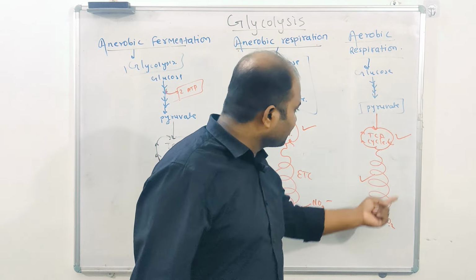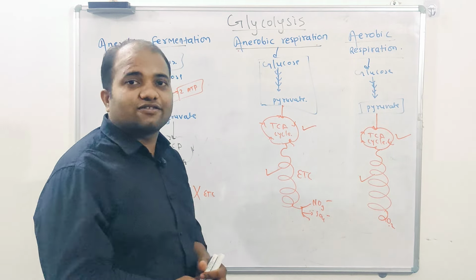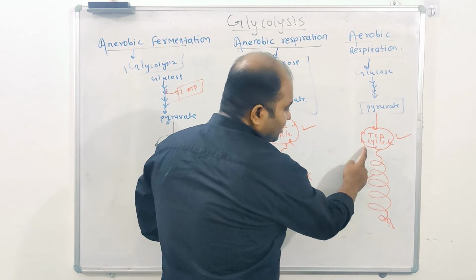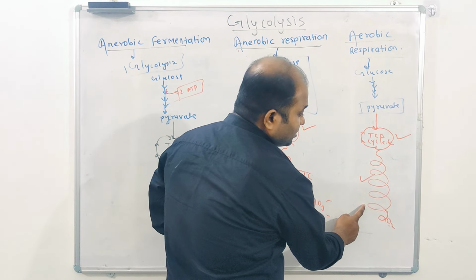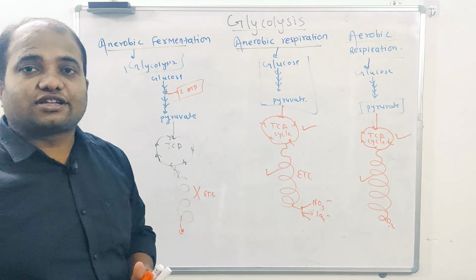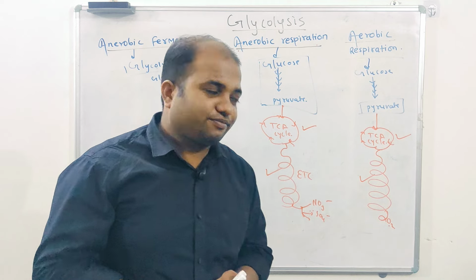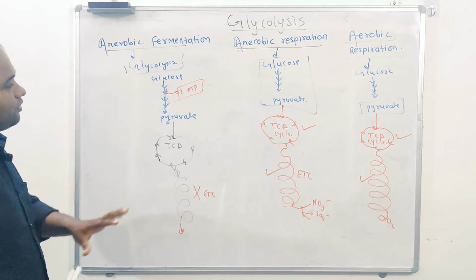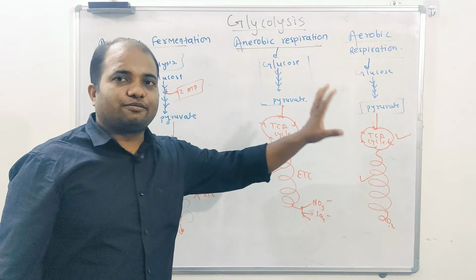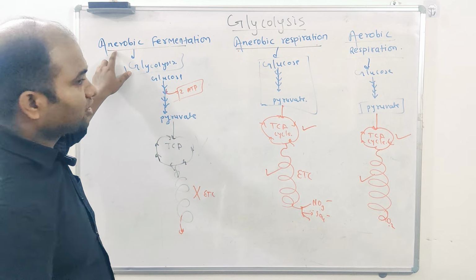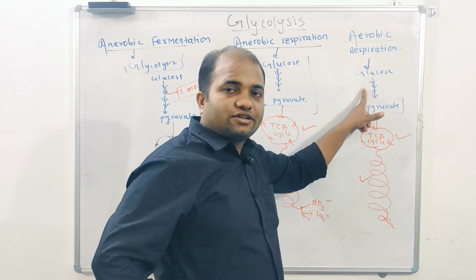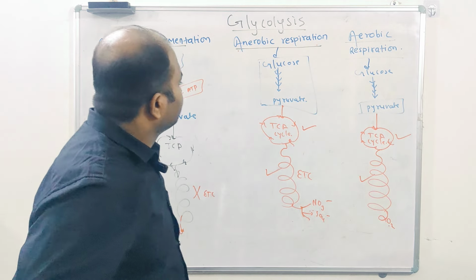When we go into detail about all these pathways, we have a series of lectures on this. First we'll go with glycolysis, then the TCA cycle, then the electron transport chain, and then we'll see how the energy is produced, that means how ATP is produced. So I hope you have a clear concept about these three metabolic pathways. This is from primitive organisms like yeast till mammals like human bodies, the most advanced species.